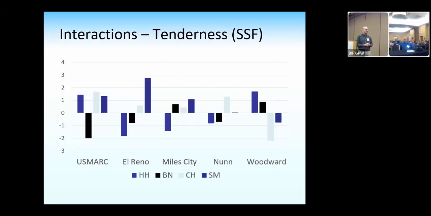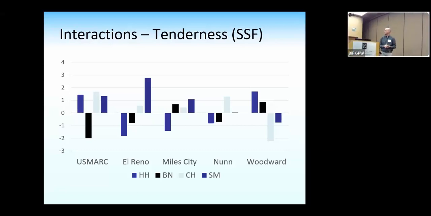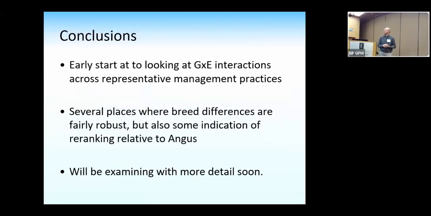I just want to give you a glance at what these look like right now, and we'll be trying to process these better and get a more complete picture out in a publication in the spring. We're really interested in this. I realize 120 animals a year for 3 years in each location is not a ton of power with this, but it's an initial step to try to get this done. And something that really hasn't been done for quite a long time in the industry overall or in academia. This is a stab to get that going and maybe to try to see what can we do in the future. So this was an early look at this.